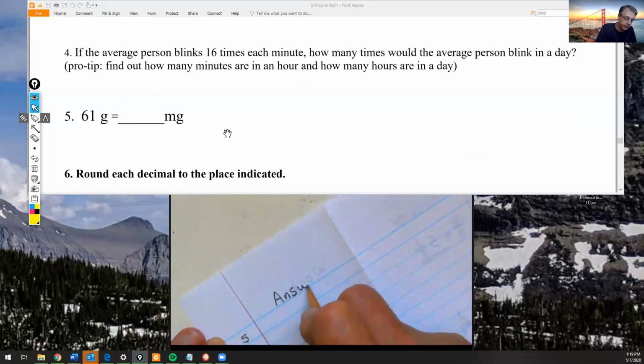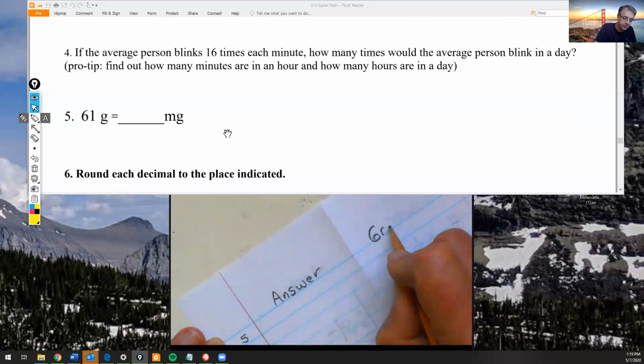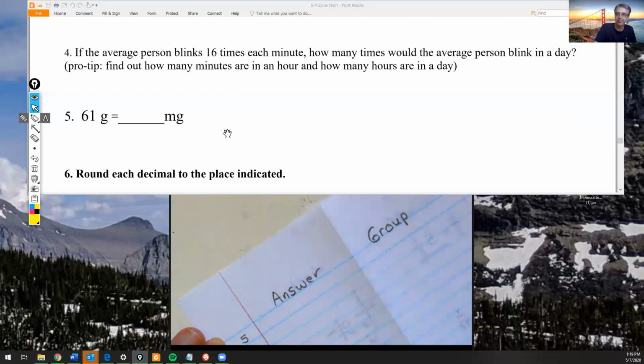On number 5, we're going to be converting grams to milligrams, which is pretty much exactly